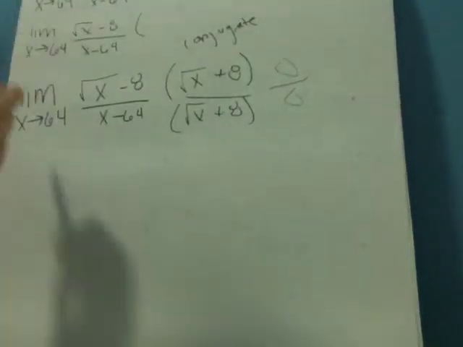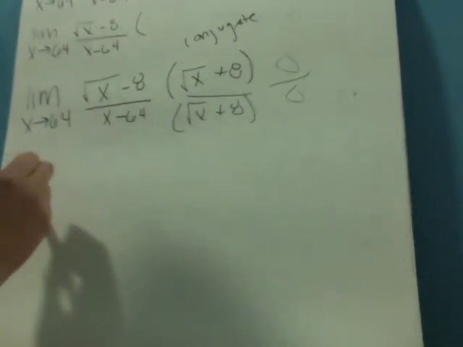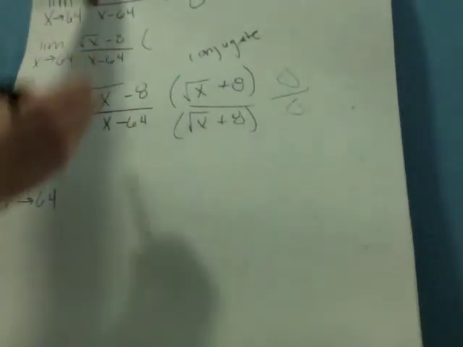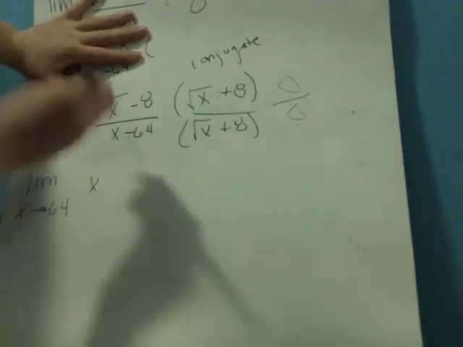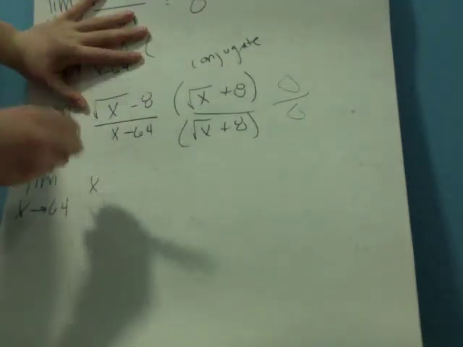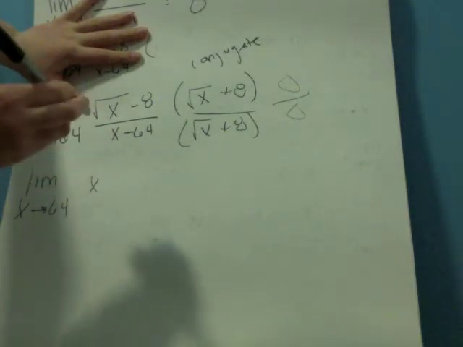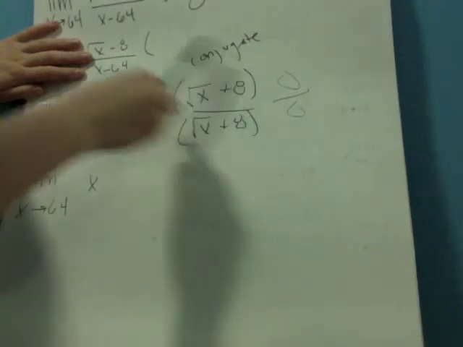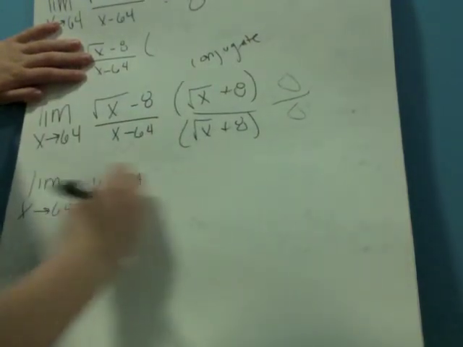Okay, so now when we solve this out, we get the limit of x to 64 equals x. And now this is the difference of perfect squares, possibly. Now what you do is the x's would cancel each other out, and last you get minus 64 equals,